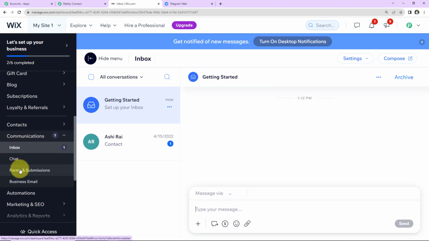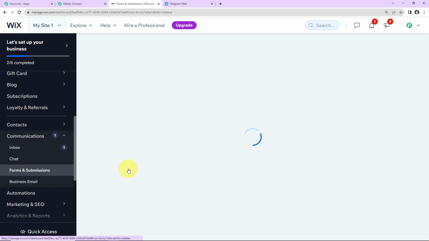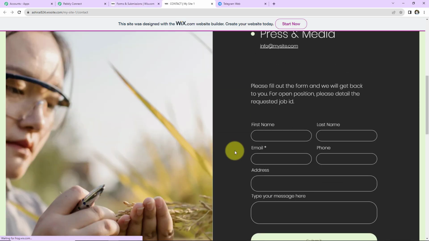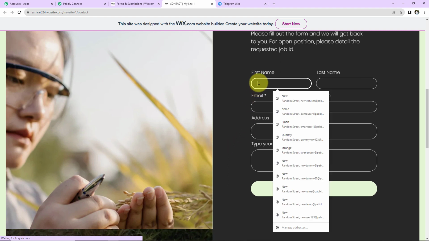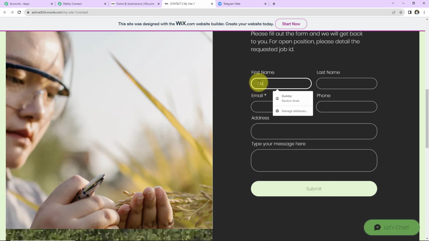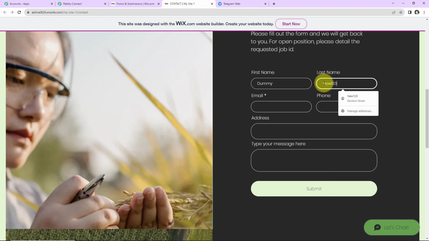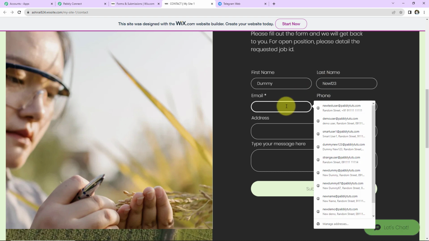Now within communications we have forms and submissions. And here is the form, contact form. So I'm going to open this form. So this here is the contact form. Now I'm going to fill up this form. So here let's say the first name is Dummy. Then the last name is new123. Then here we have the email address, which is